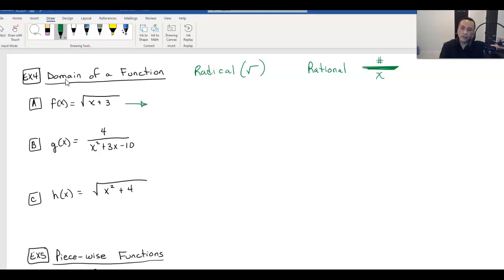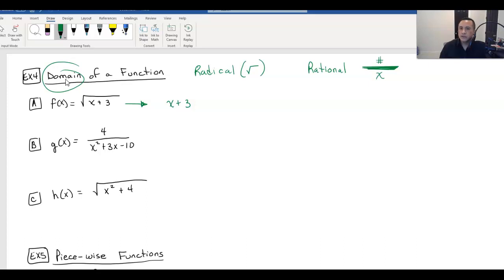For this one right here, if I want to know the domain of that expression, then basically I go inside the square root and I say, what's inside that square root? X plus 3. Since I don't know what x is, I have to limit what that's going to be, because whenever you substitute a number for x and you work it out, you're going to get a number in there. For example, if I put a negative 10 inside that x position, if I do f of negative 10, you'll have negative 10 plus 3 is negative 7. The square root of negative 7,